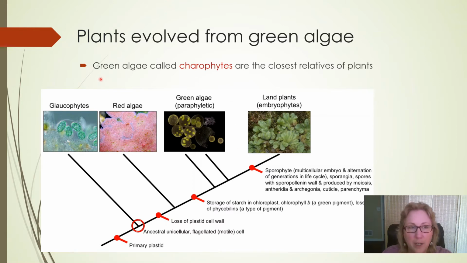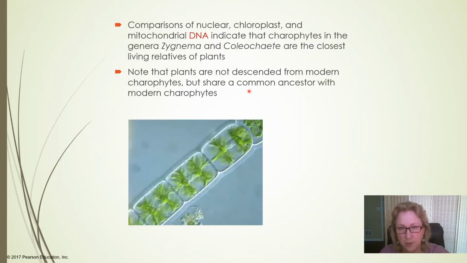We would call the Archiplastida and also green algae paraphyletic, because remember, to be monophyletic, it would have to include all the descendants of the common ancestor here of the Archiplastida, and since land plants are excluded from that, that would make this not a monophyletic clade. And we'll talk specifically about what makes this the dividing line that we use.